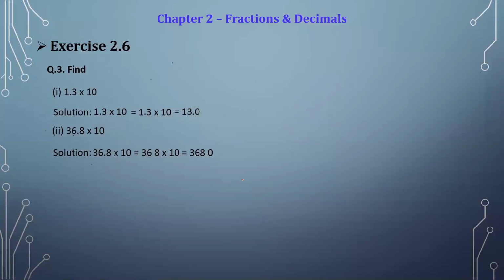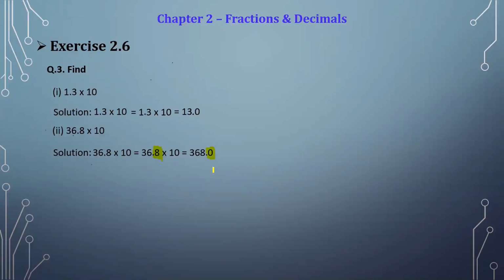So that means we had removed the decimal point for a temporary purpose. Now that purpose is satisfied, so we have to bring that decimal point back again. So here that decimal point is between 36 and 8, and after putting the decimal point, we have to count how many digits are present after the decimal point. So here only one digit is present after the decimal point. So therefore, in the final answer also, there should be one digit after the decimal point, and which is